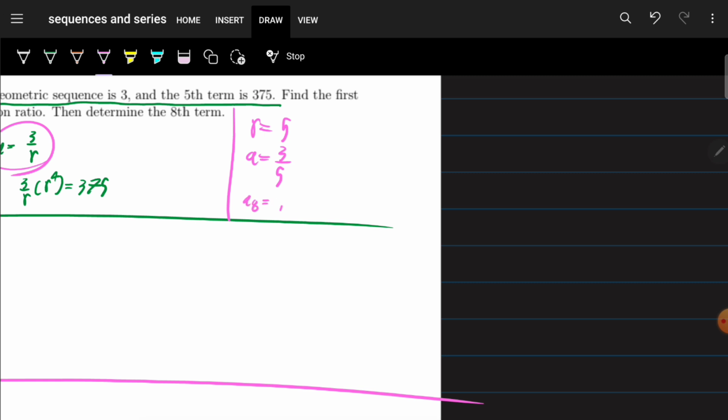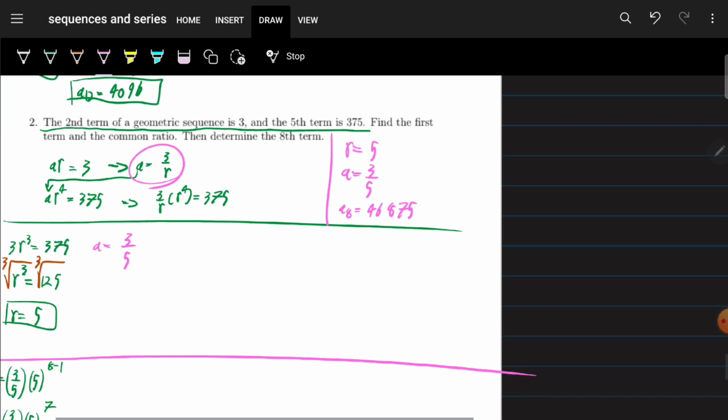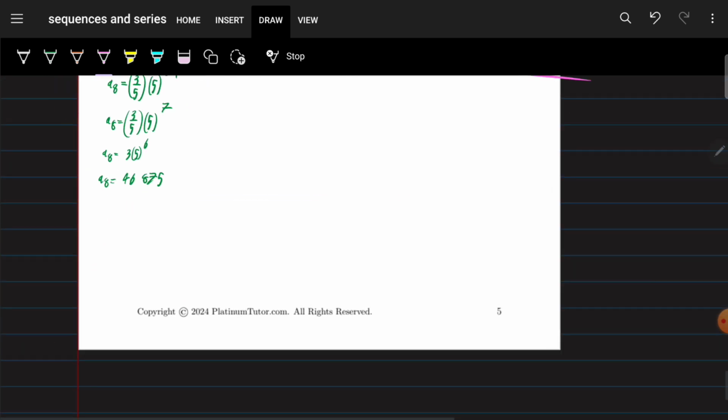So A8 is equal to 46,875. Okay, so that's going to be it